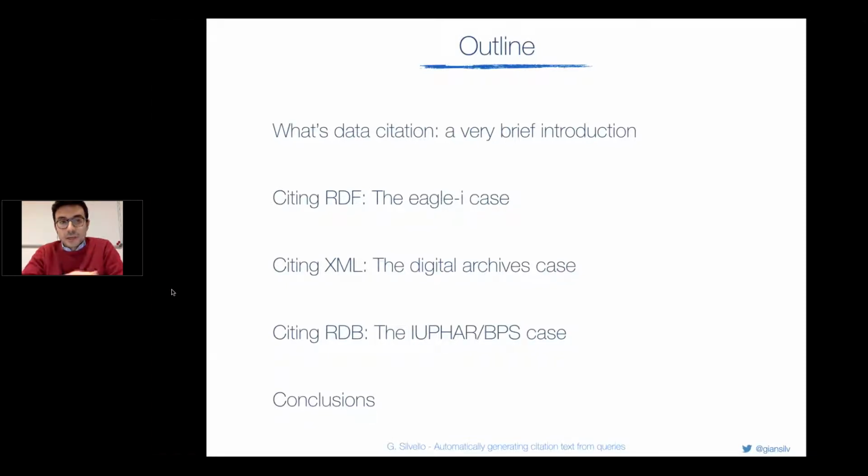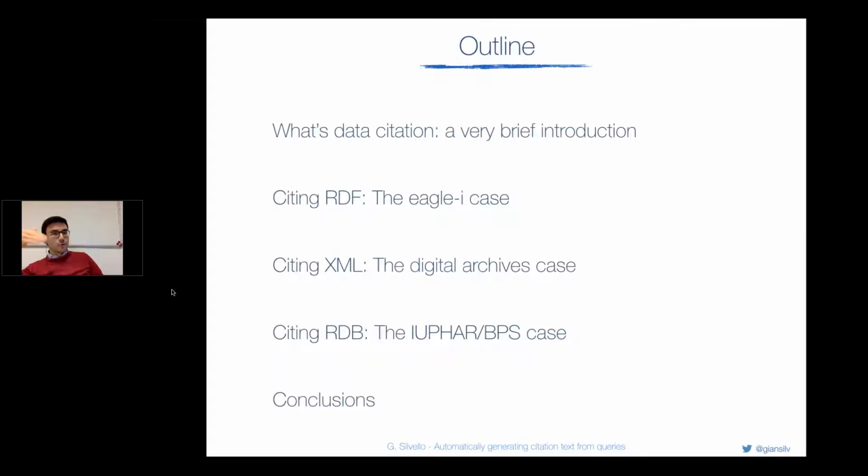Basically, I will start with a brief introduction about data citation, but we are all well aware of its importance and why we need to cite data. Then I will focus on three key aspects of data citation. I will present a system for citing RDF data, so graph databases, then for citing XML data and relational databases.